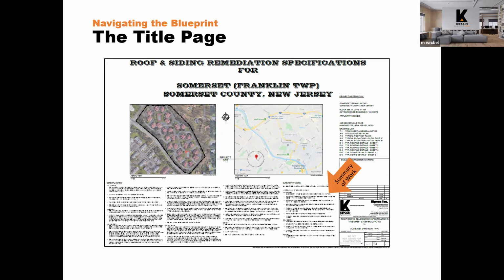The title sheet also typically includes a summary of work. So this is a very broad overview of the steps involved in what's being done. So for example, this is a roofing and siding remediation, but in the case of a pavement remediation, which I do a lot of,